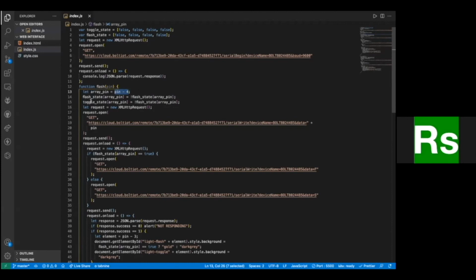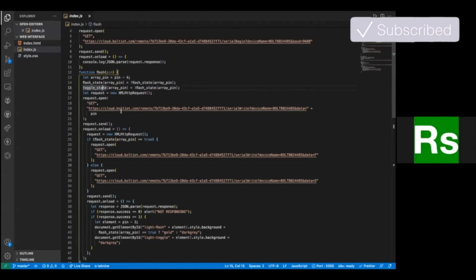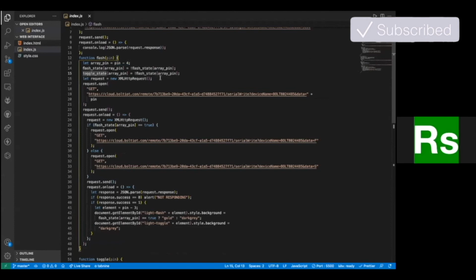We set the toggle state to be the not of the flash state. So if something is flashing, it is definitely not toggled, right? So we invert the state of that also. Next, we send a request with the pin number.